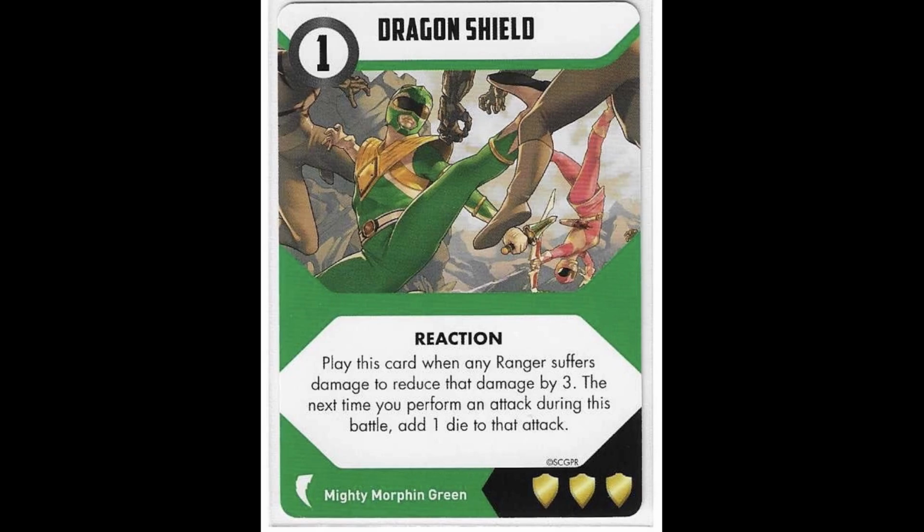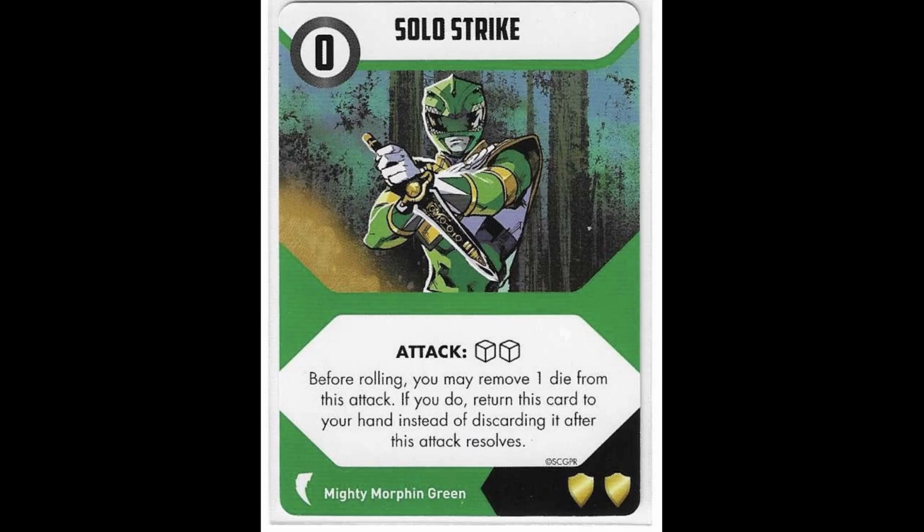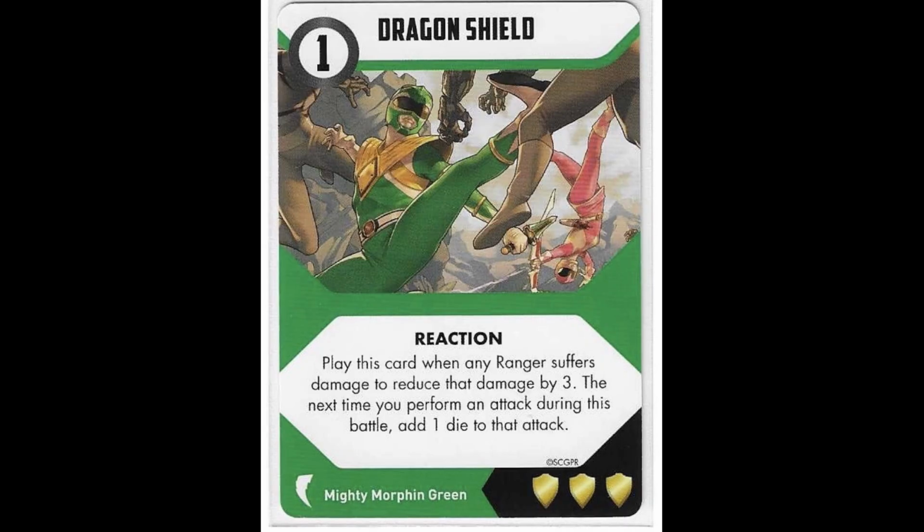But it's still a great card, especially, again, if you use the Dagger Solo card first. And now you can reduce any ranger's damage by 3 for free, and you get an extra die to the next attack. Well, the next time you perform an attack during this battle, I should clarify. So Tommy has to perform the next attack, but if you were to block any ranger's defense, again, you could use the Solo Strike. If you're already by yourself, you're getting 3, plus the Dragon Shield effect, you're rolling 4